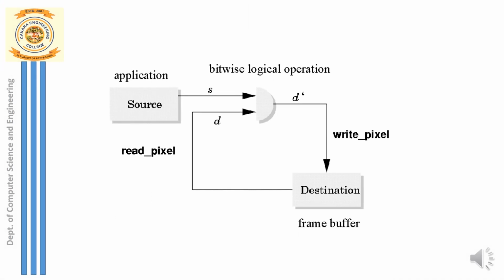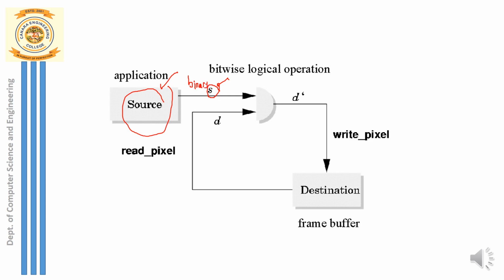So here we have a block diagram. Here we write an application. This is an application, a program, and I call this the source. It is an OpenGL program. Now here I am going to set a color. For setting a color, I will pass one input value, and you call that S. Let me consider that the input I give here is in the form of bits, in binary values, zeros and ones. So my source is a program wherein I pass an input color, and the color here is in the form of bits, which is a binary format.